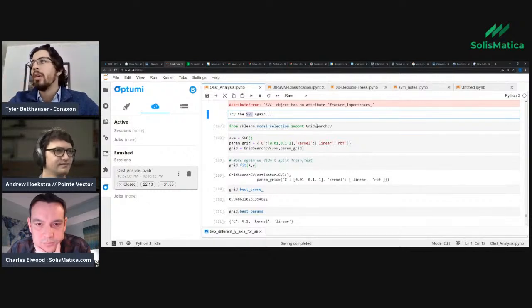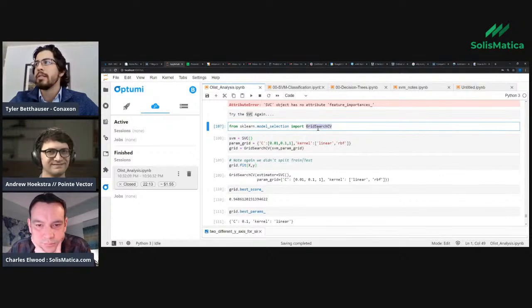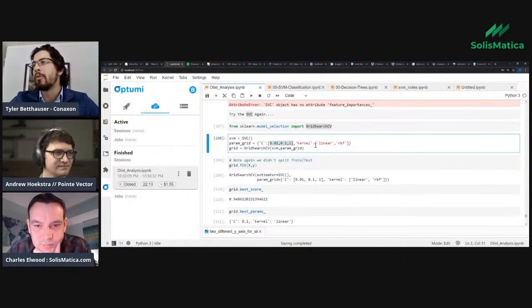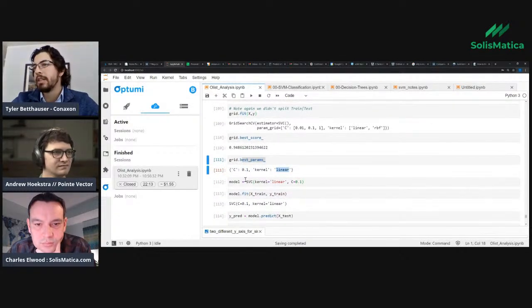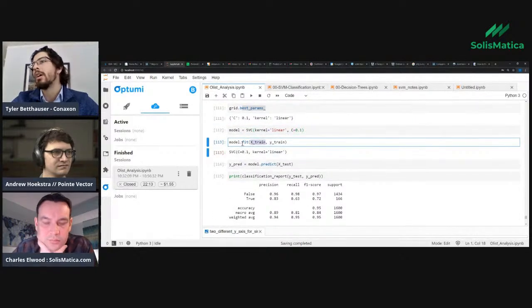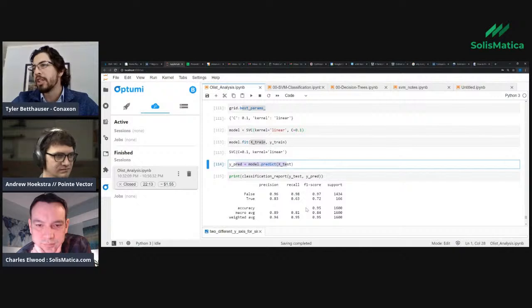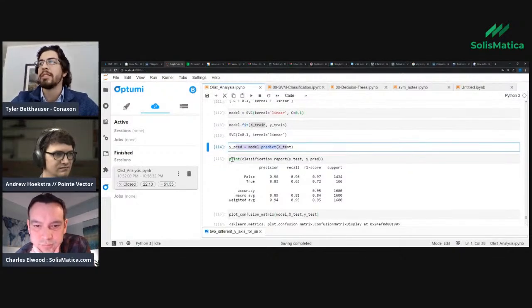vector classifiers. So one of the cool things I learned in the classes I've taken is this grid search. So you can input a bunch of parameters for a given model and then iterate over them a bunch of times. So you can essentially train for the best parameters that you can, and then whatever those best parameters are, in this case, your C is 0.1 and your kernel type is linear. It's pretty simple to just go model equals C. You put in the kernel type and your C value. You simply train, or you fit it to the training data. You build out your predictions, and within just a couple lines of code, you can get an idea of how